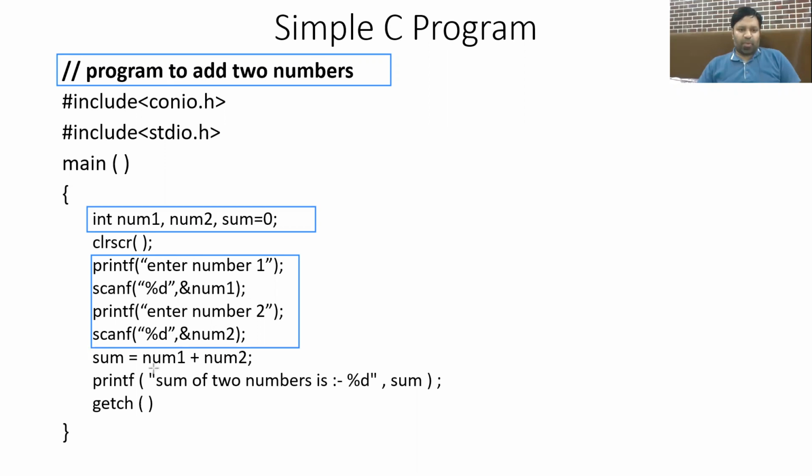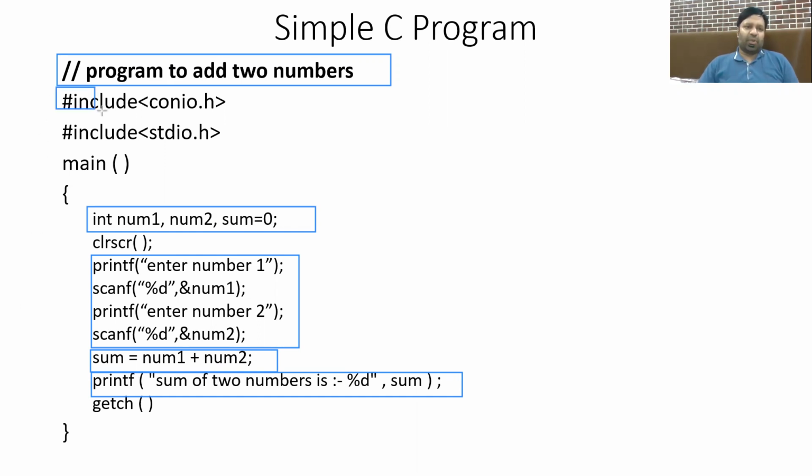You also know about this line, sum is equal to number1 plus number2. This is an arithmetic statement that we have already discussed. And the next line is again the printf line that is used to display the message on the screen. So other than these lines, all are new to you. So we will see what is their job.